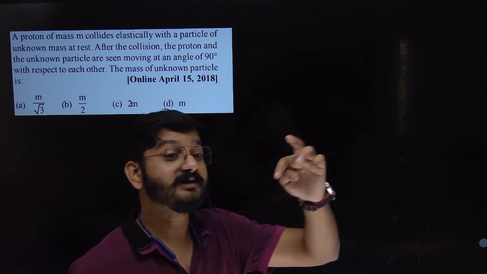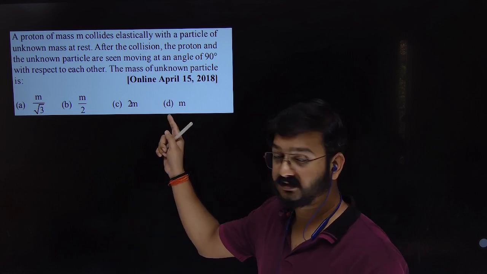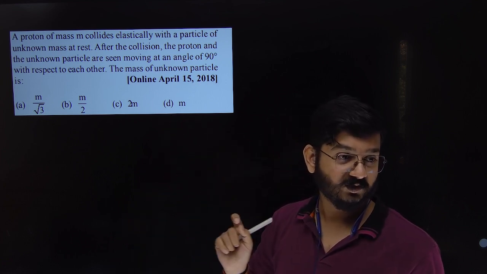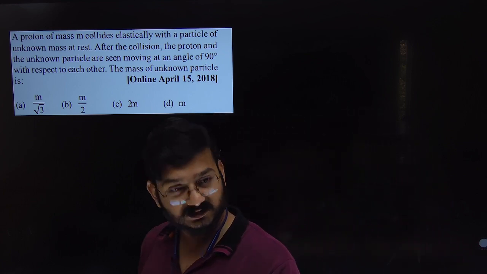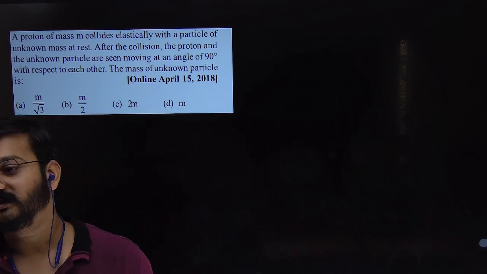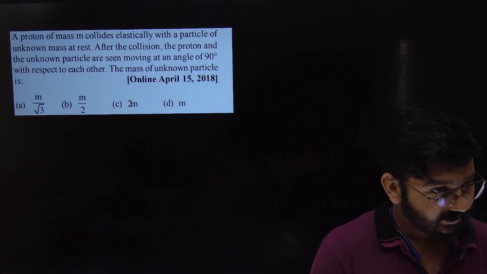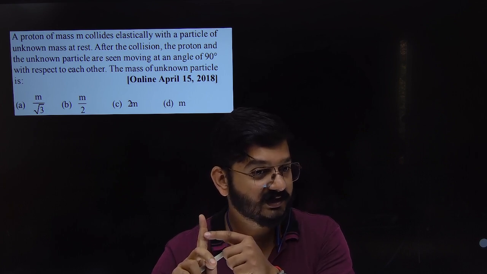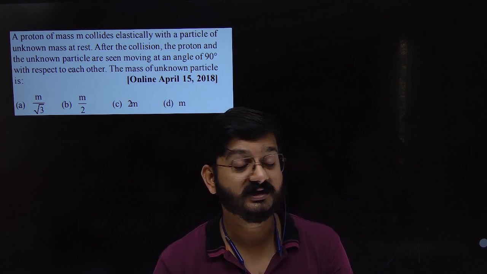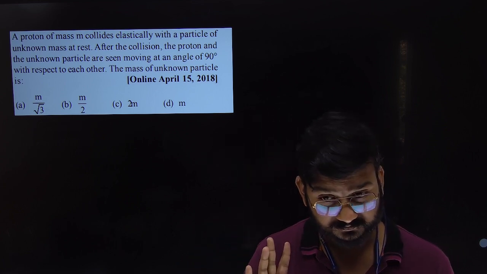It means what should be the mass of the other object? Same as the first object. So what is the answer? You don't even have to use a pen for this question if you know this concept, if you have read your NCERT. Now, if you are too curious how to prove it, you use conservation of linear momentum, and because it is an elastic collision, conservation of kinetic energy. These two things you have to use. It will minimum take 1.5 minutes to prove.